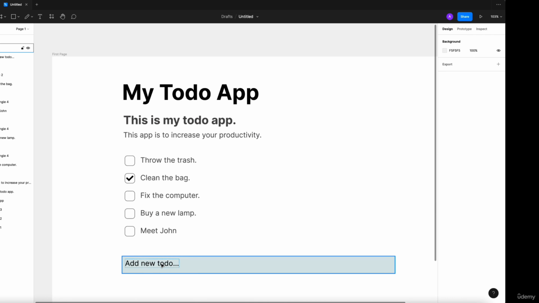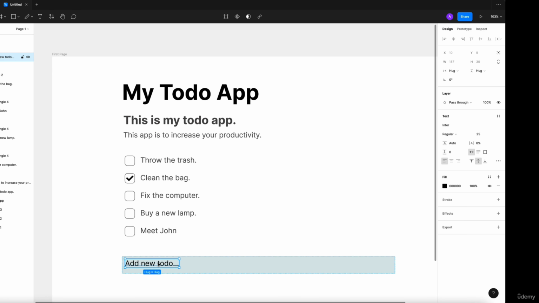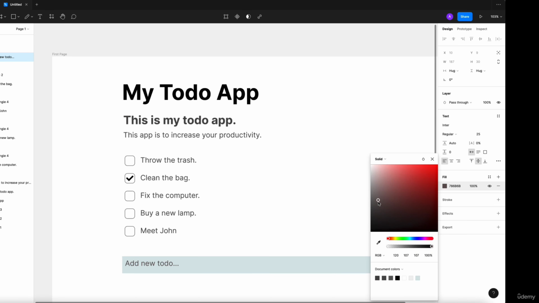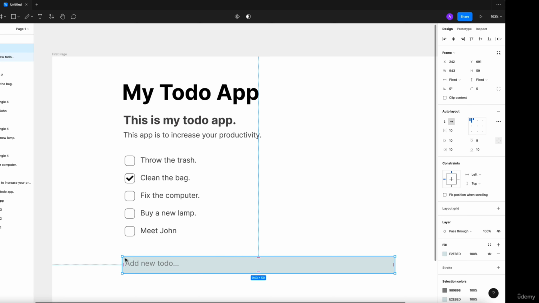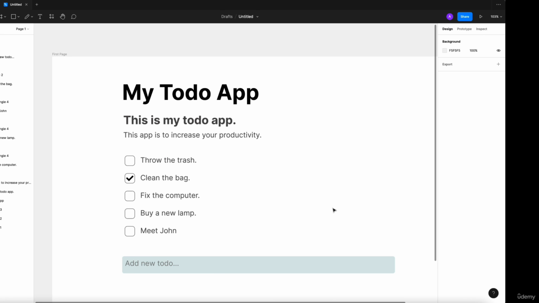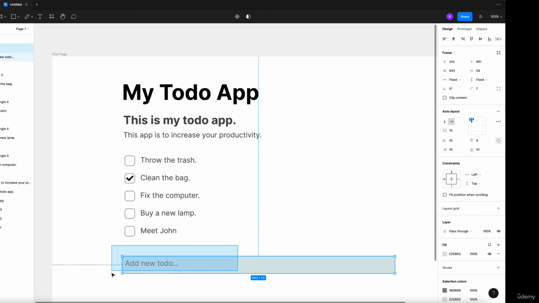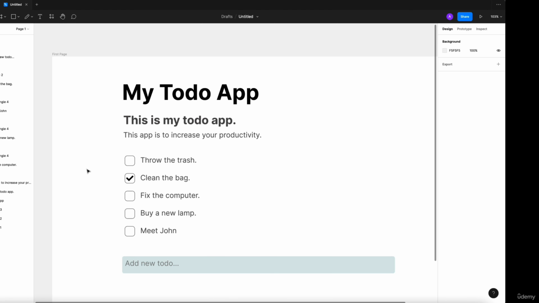To change the text color, you want to click again until you get the text. You can also see here on the left side what you have selected. So in this case it is the actual text element, so you know exactly what you're working on. So with that selection, you can see here the fill is still black, so we can change it to something gray like that. Now you can round the corners of this text box. So for that, click the auto layout element, go to this and change it to perhaps 7, and that should be fine. You can use the same technique by creating a text and then using auto layout to create buttons,